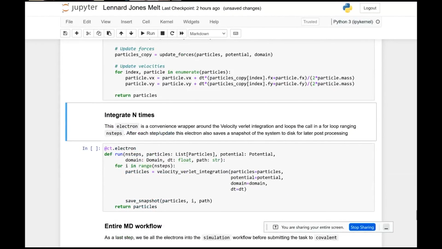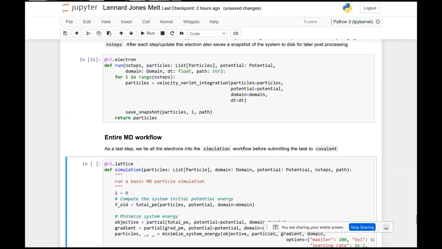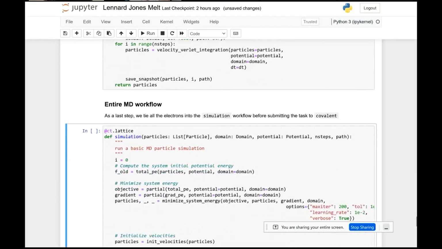Okay, and finally the run method just carries on the velocity Verlet integration using a time step dt for n steps, and n steps is going to be an input. So if you want to do a simulation of 1,000 steps or 10,000 steps, that's what n steps would be. And after each step, you just snapshot the particles to disk. Okay, and that's it. So now that we have defined all our tasks or electrons in our workflow,